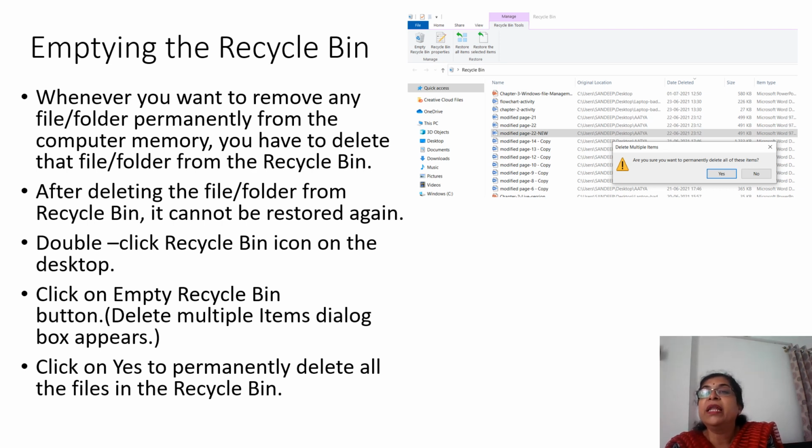See, the delete multiple items dialog box appears like this: are you sure you want to permanently delete all of these items? It is asking because it will get permanently lost, so are you ready for that? If you are ready, click on yes, otherwise click on no, and only selected items you can remove from the recycle bin.